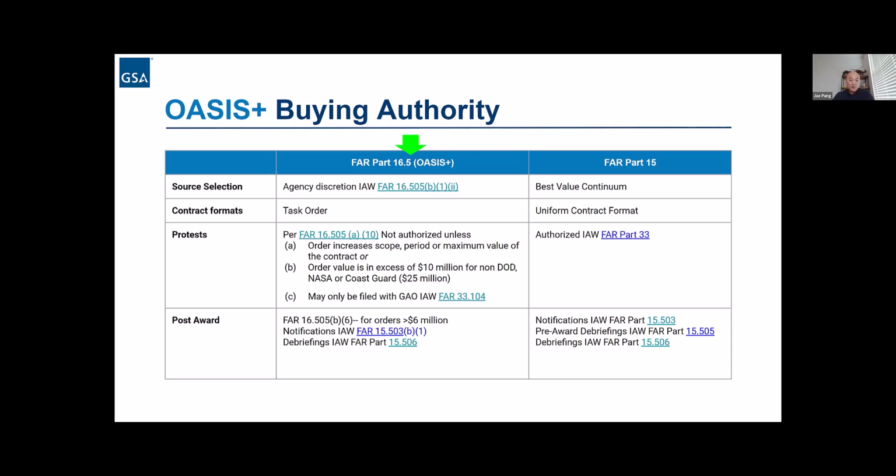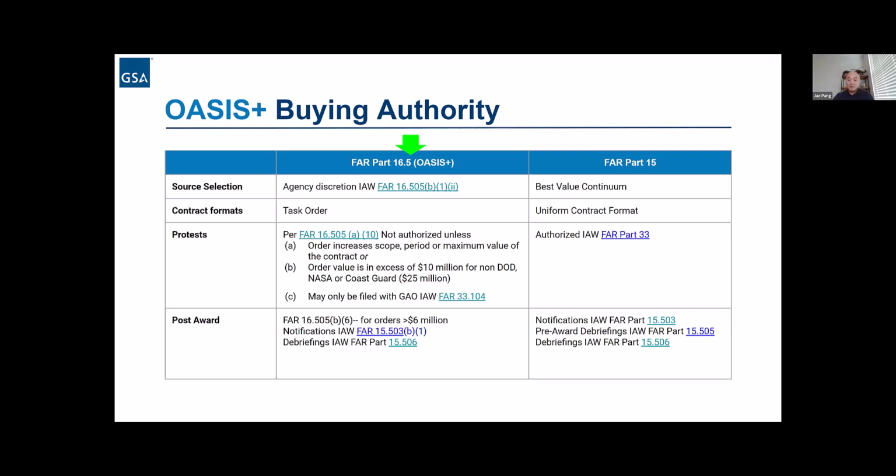And most contract awards under FAR 15 procedures should be established using the Uniform Contract Format, better known as UCF. But it's important to keep in mind that OASIS Plus awards are task orders, which may have a much simpler format. There are many examples of task order formats available online, including a basic template for OASIS Plus in the OASIS Plus ordering guide. And under FAR 16.5, no protests are allowed for orders whose total value is less than $10 million, unless those orders are out of scope,